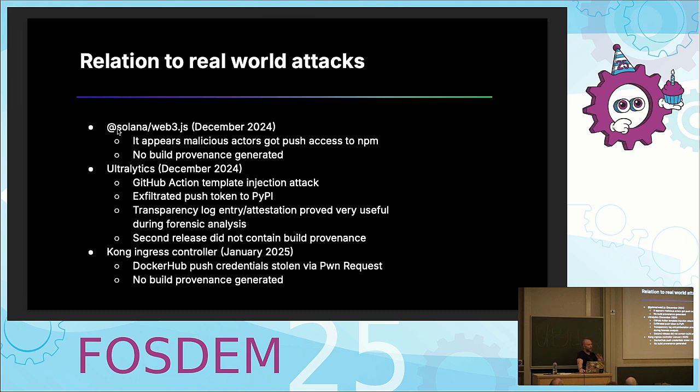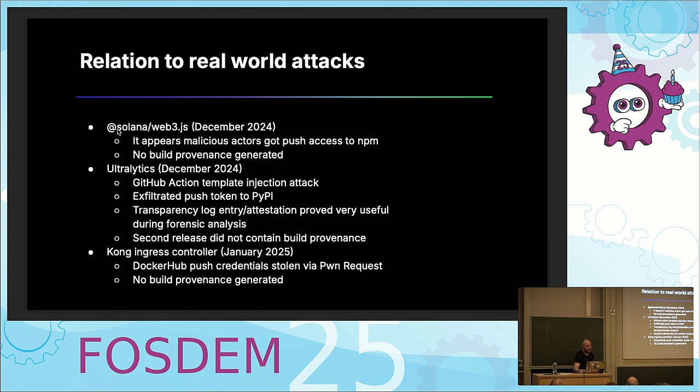They uploaded a malicious version that contained, I think, a crypto wallet stealer, but that's not super relevant. Here, if they were using build provenance, you could detect that by verifying the artifact and seeing that, wait a minute, it doesn't have a build provenance, or the build provenance has changed. It's coming from a different repository than it used to be,